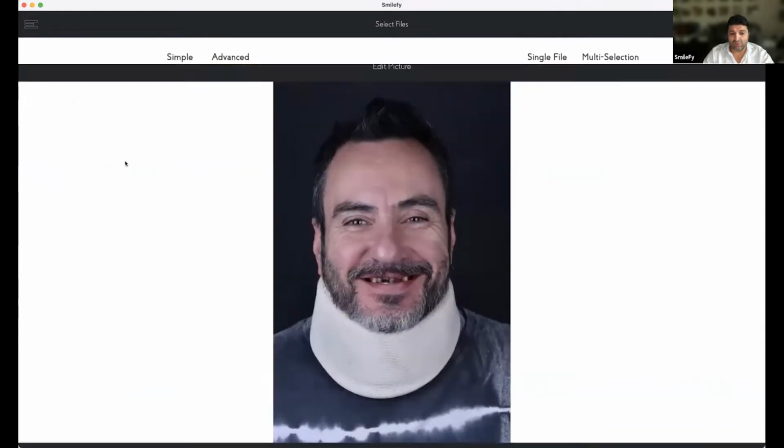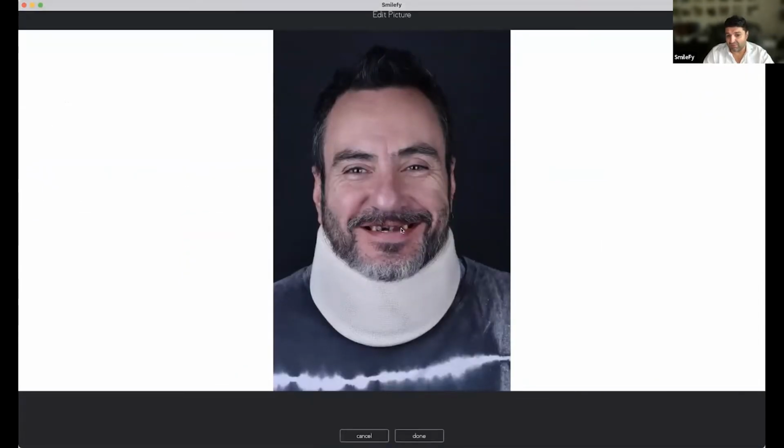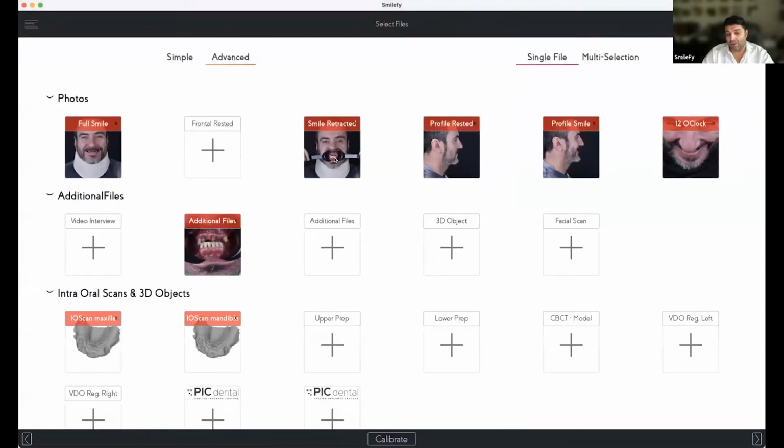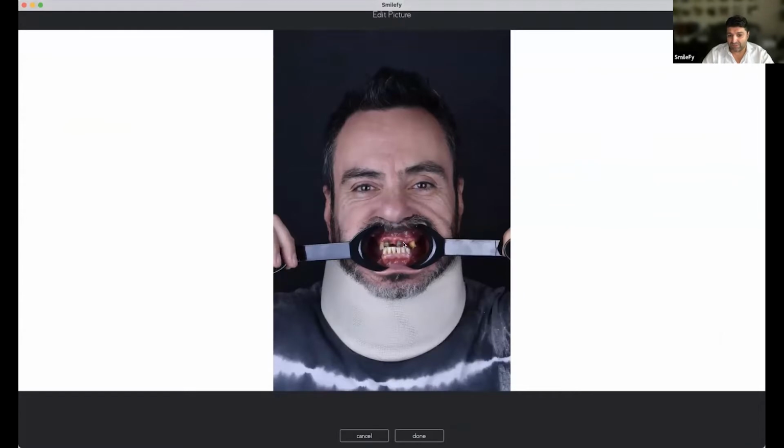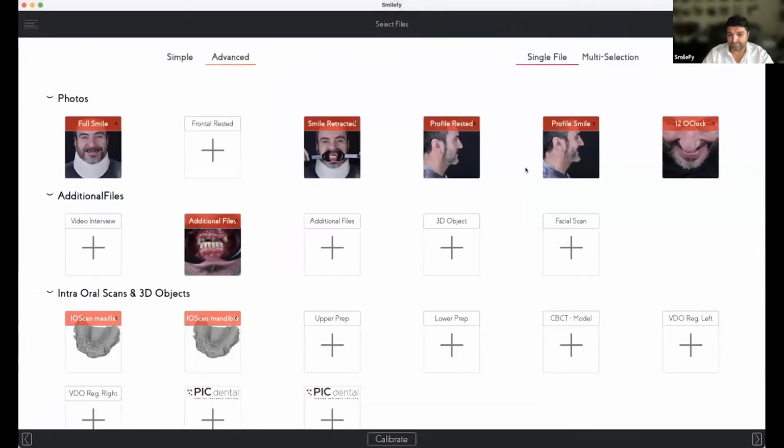As you can see, we do have this kind of smile. It's very, very complicated for these patients, right? To open the mouth, to smile big so that we have enough space here in this area to design. With the retracted view, we see the situation.